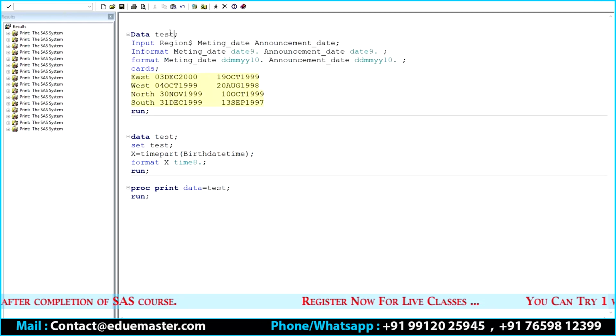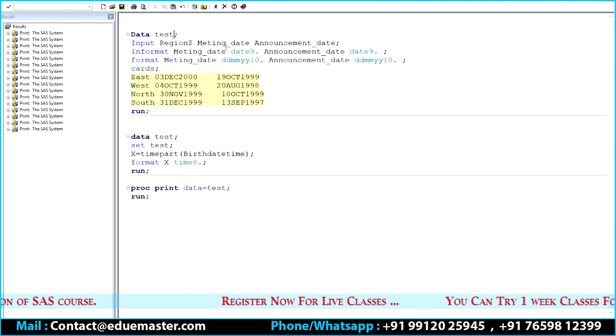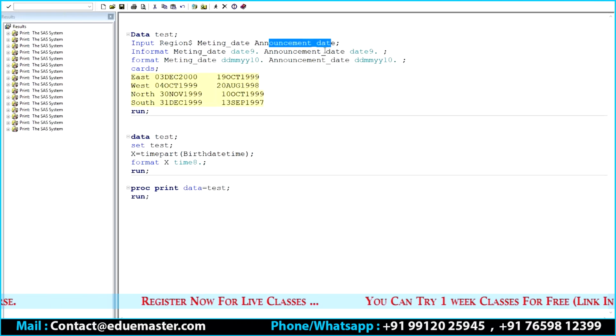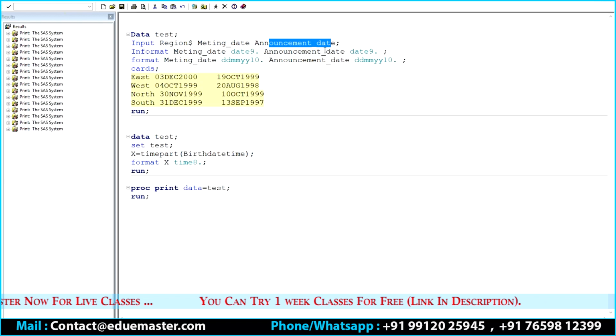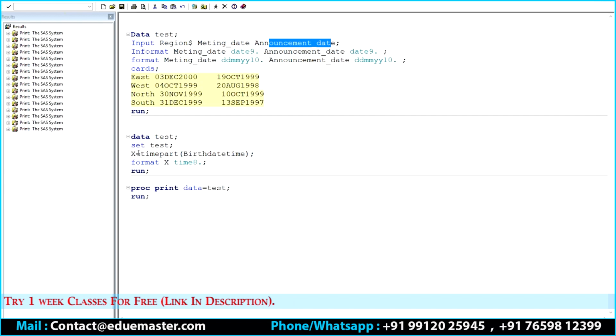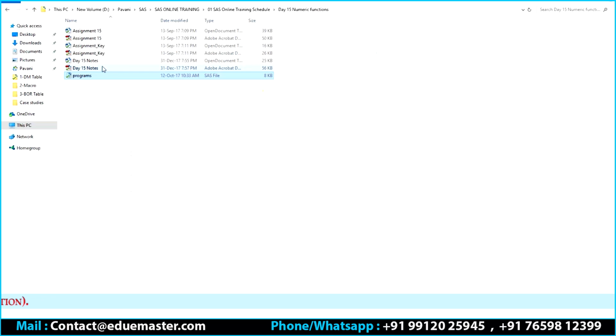Okay. Now, here we have two different dates, no? Meeting date and announcement date are the two different variables. Now, I want to calculate the difference. In whatever interval you want to calculate the difference, you can calculate, okay? By using this INTCK function, x equal to INTCK, okay? In what all intervals you can calculate means,